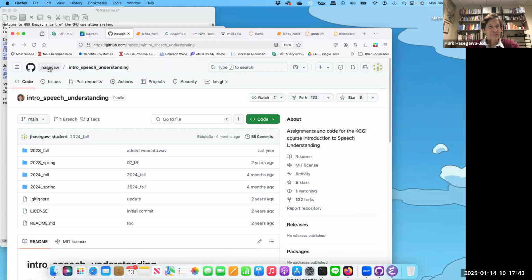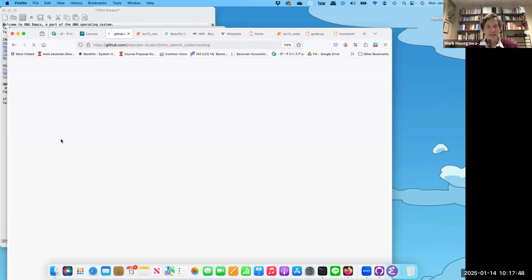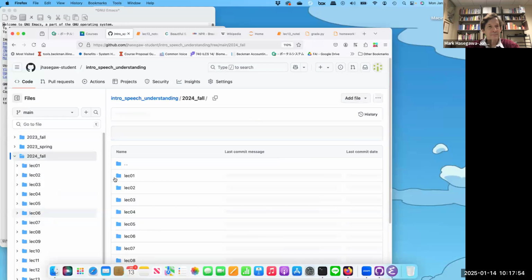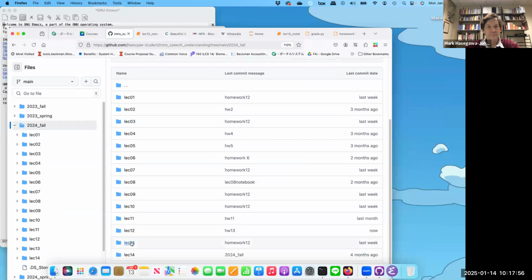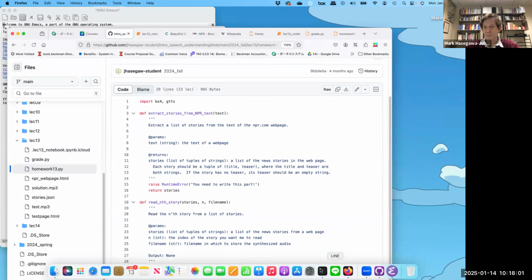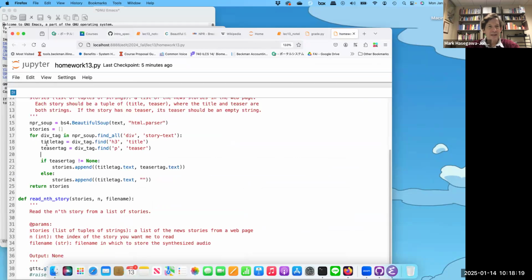Let me see if J. Hasegawa student has it. No, there's a problem here as well. I think that the problem is that I'm writing it into the wrong location on my computer. So I think that if I open up homework 13.py and save it somewhere else,